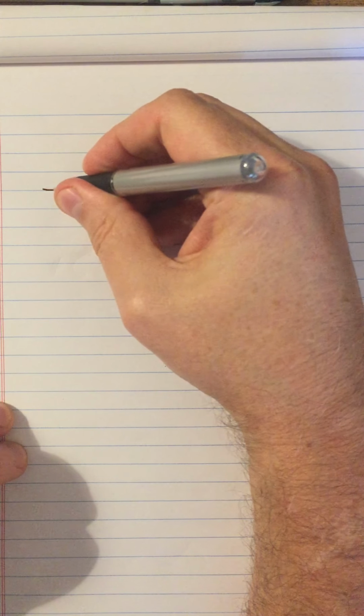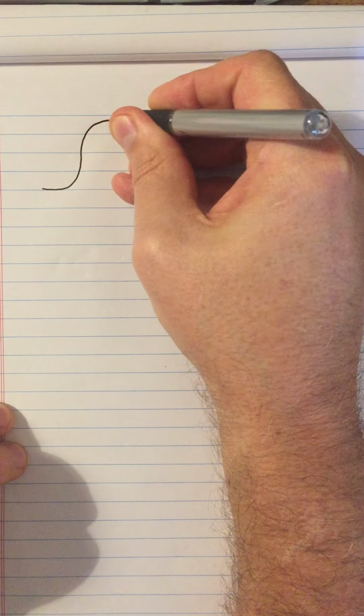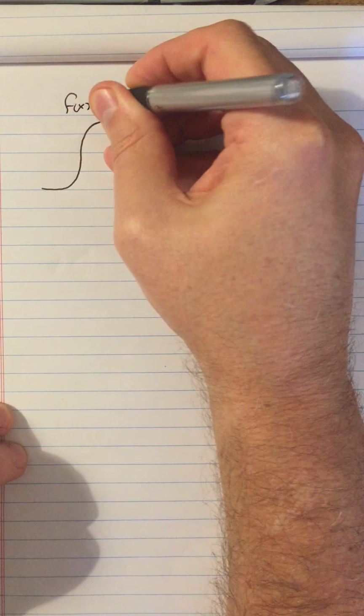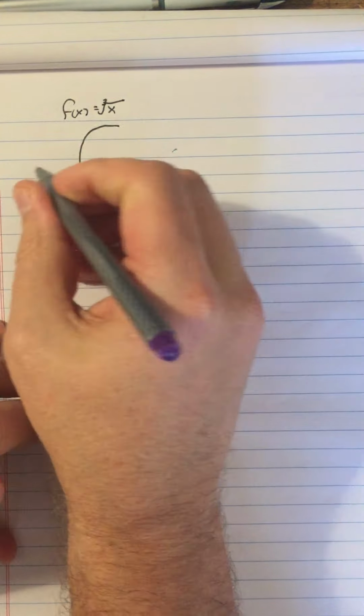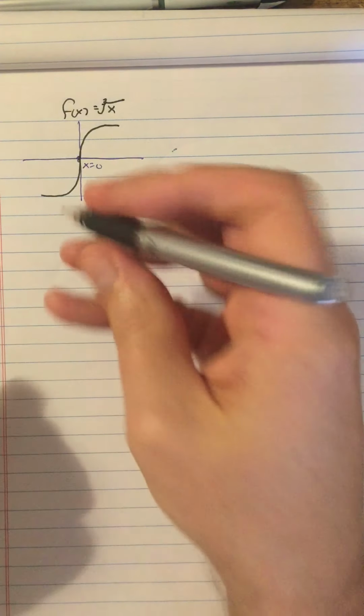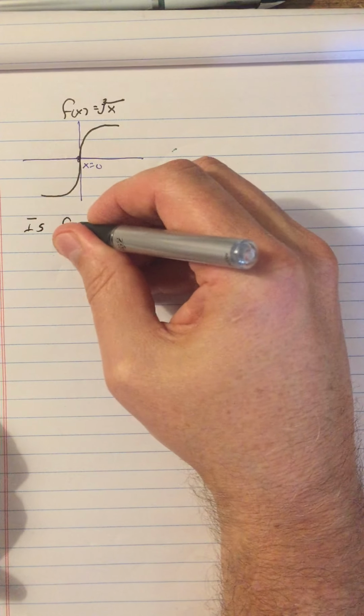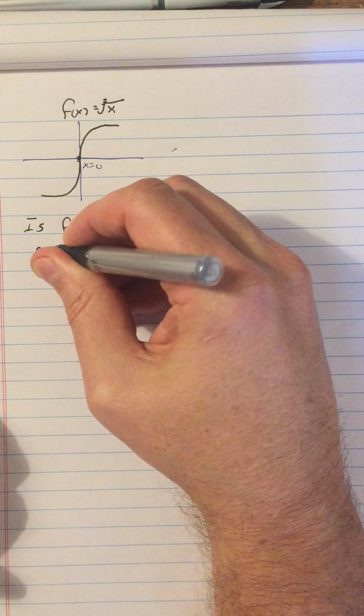All right, so what we've seen with the last two functions, in fact, like if you think of cube root of x, f of x equals cube root of x, is that function continuous at x equals 0? I should have drawn these ahead of time, but whatever, I didn't. All right, here's x equals 0. Is f continuous